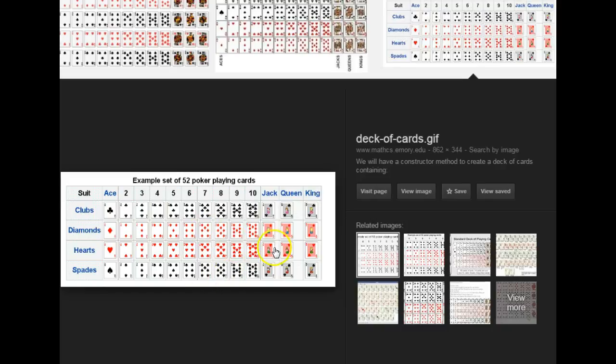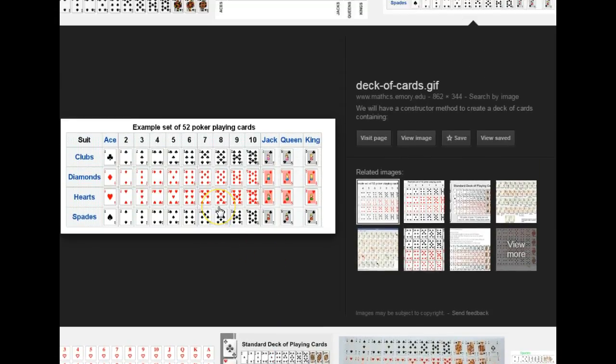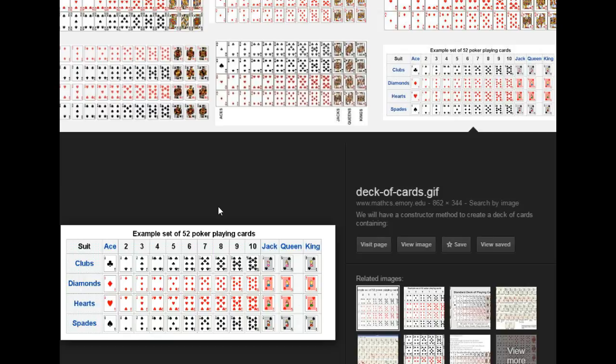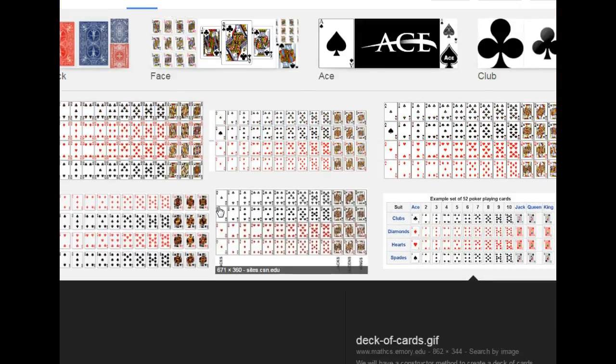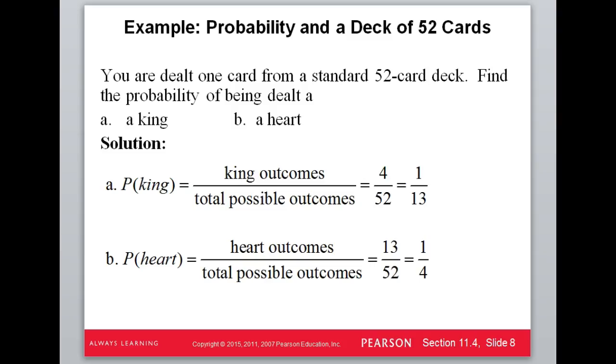There are going to be a lot of questions dealing with cards when you're doing this initial probability section. So it wouldn't be a bad idea, if you don't know the standard deck, to print this out so you can do a little counting with an actual picture rather than having to count it up in your head. Alright, but anyway, on this problem there were